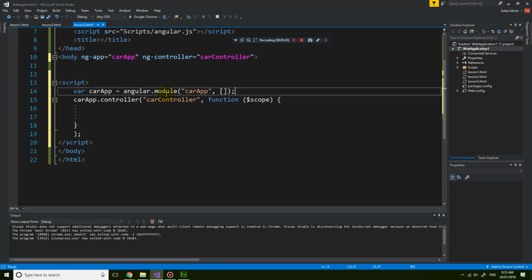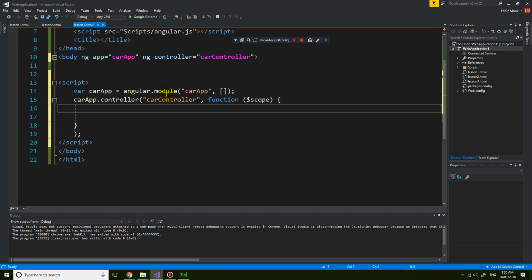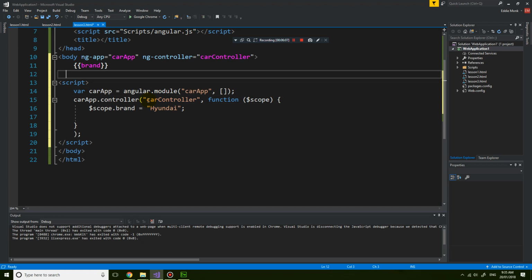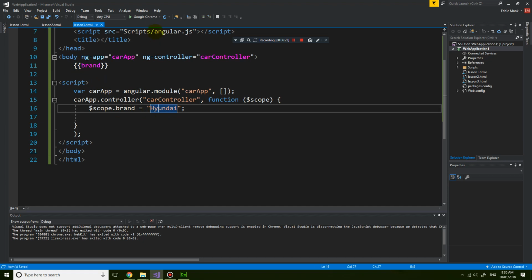Just to make sure that it's working, I'm going to attach some data to the scope. I'm going to go $scope.brand equals Hyundai. Then to make sure that it's working, I can simply put brand inside double braces. That should prove that this controller is now working, because I've defined the controller to attach to the car app. So there's the controller, there's the car app attached to this tag, and the brand is coming from the scope object. So let's save it, test it out in Google Chrome,